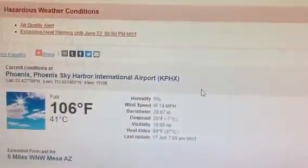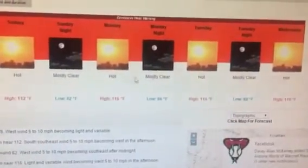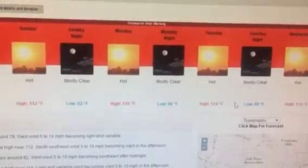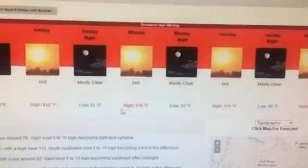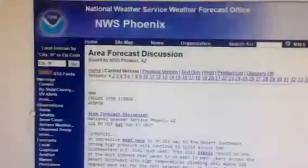All right, so right now it is 106 degrees Fahrenheit. And look at these temperatures. Oh yeah, 119, 118, that's excessive heat. Look at the lows, upper 80s. That's unbelievable. Okay, so we're going to be hitting near 120 degrees. The hottest day is going to be Tuesday, 119. And this excessive heat is right before our monsoon season. So this is what we've got going on. But they also have forecast discussions that you can read. Okay, so they talk about, this one was issued